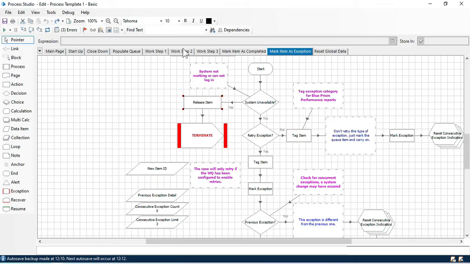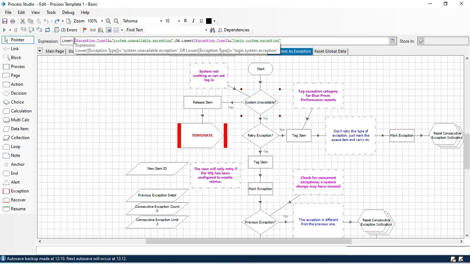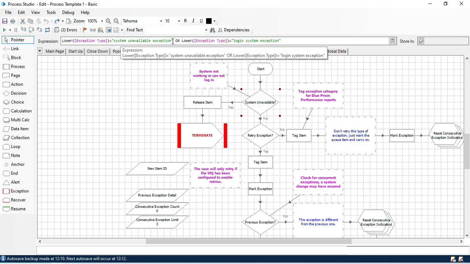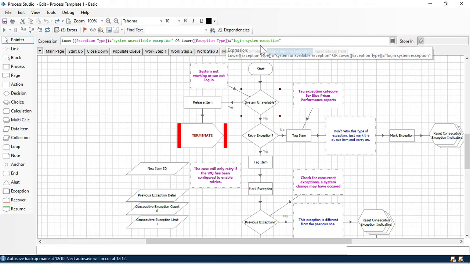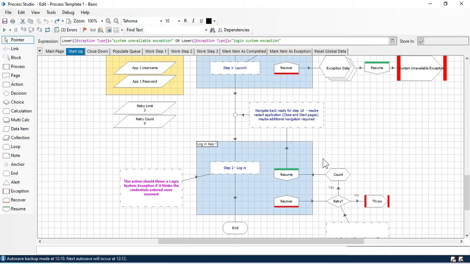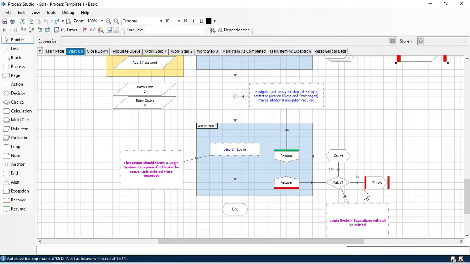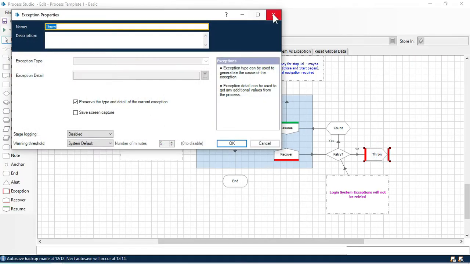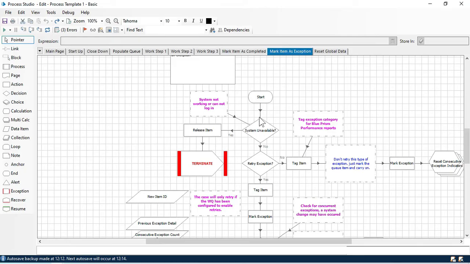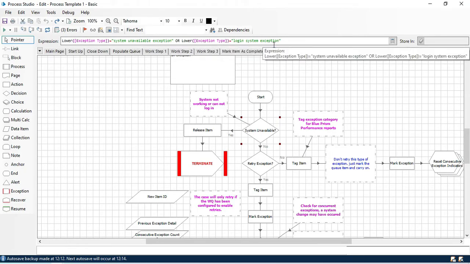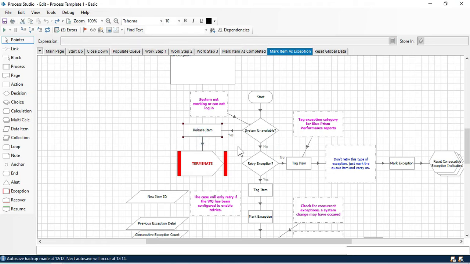So here you can see system unavailable. It will check whether it is a system unavailable exception or exception type equals login system exception. This you can see from here. At startup, we are setting a different exception here, system unavailable exception, this one, and we are also putting some details here, and here also we are throwing the exception which is coming from here. So those things we are checking: is it a system unavailable exception or is the type login system exception? If these are the exceptions, then what we are doing,